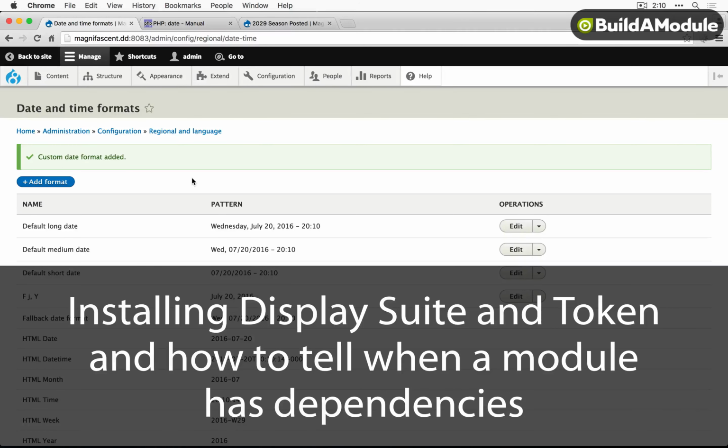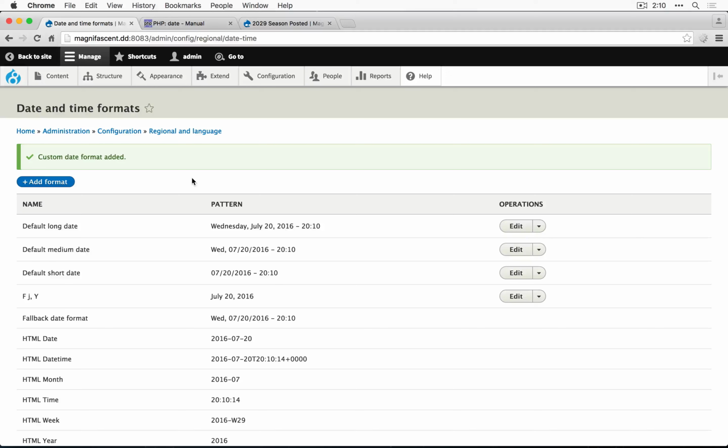So now we have our custom format, but in default Drupal, there's no way to set the format that's used in that submitted by line. In the future, there's probably going to be a contributed module that will allow you to adjust the submitted by text and date format. In Drupal 8, at the time of this recording, we have some limited options, but one